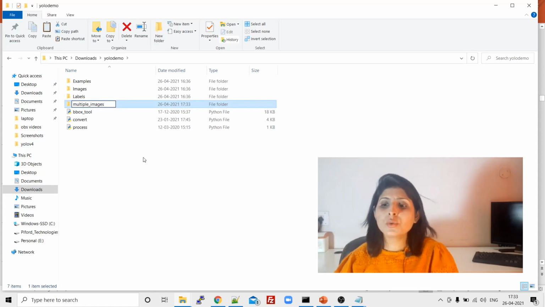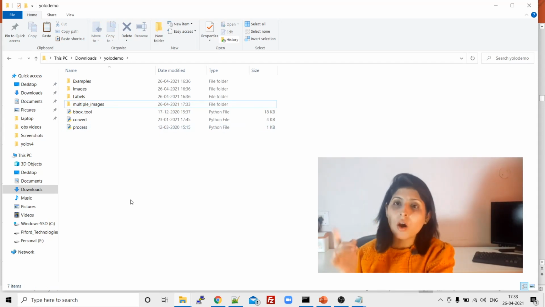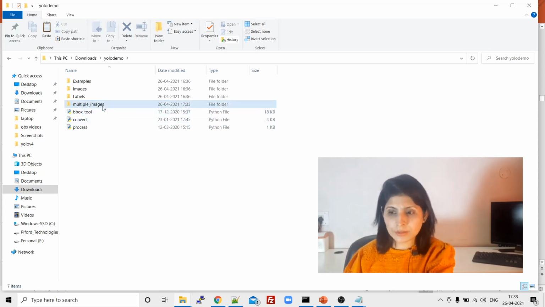What you need to do over here? You need to copy all the images which are in your images folder, which are related to laptop or phone. All the images related to all your objects, copy all those images from your images folder and paste them here.